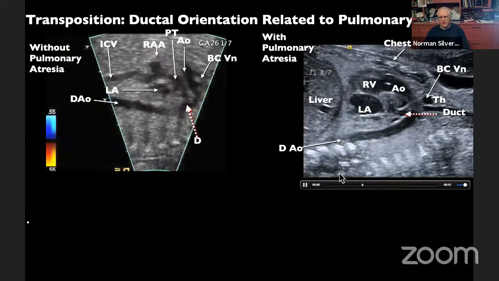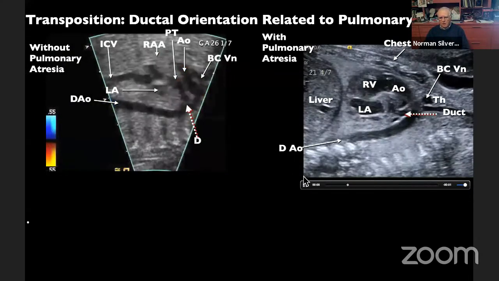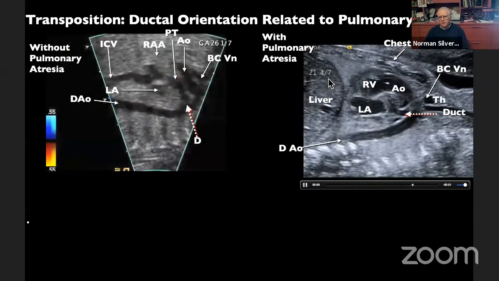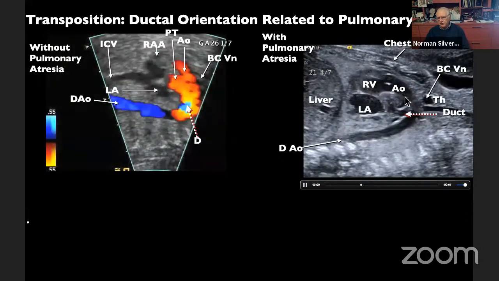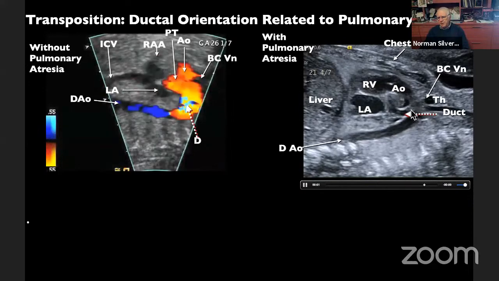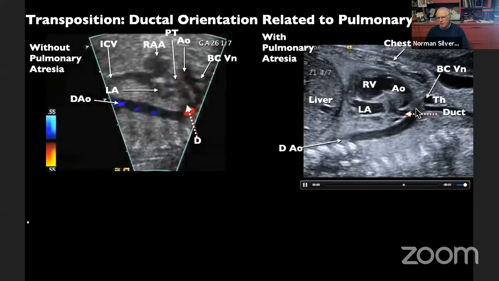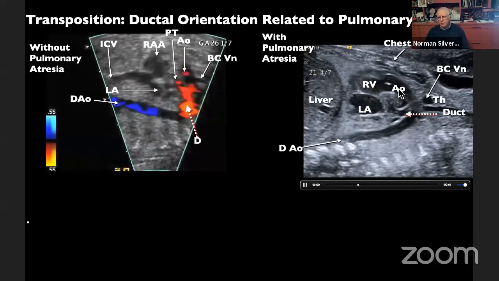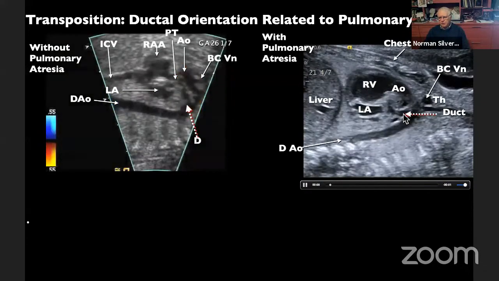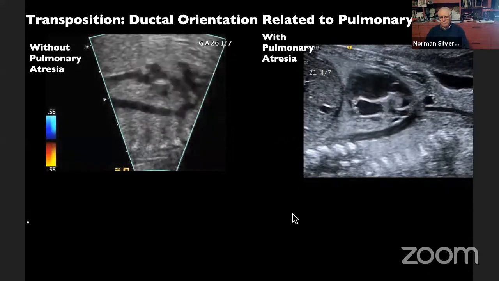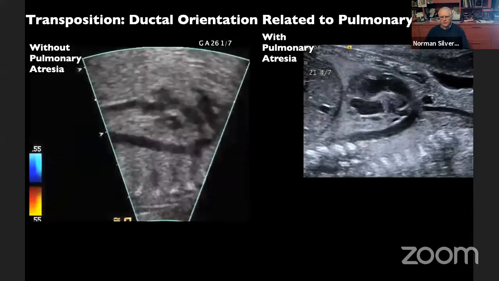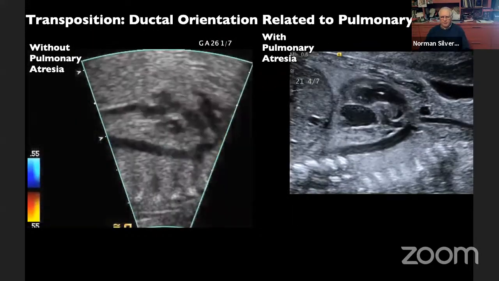As you see there. And here you can see the whole of the fetal thorax, the diaphragm with the liver below, the right ventricle continuous with the aorta, the pulmonary artery coming off the aortic arch and entering the ductus. So when flow is in this direction, the ductus develops a vertical orientation. And you can see this, of course, in the early neonatal period as well.